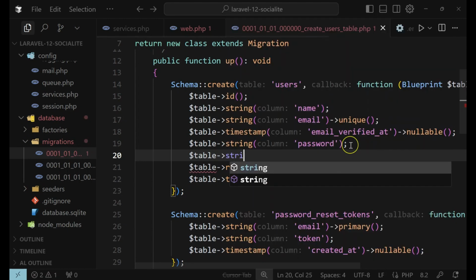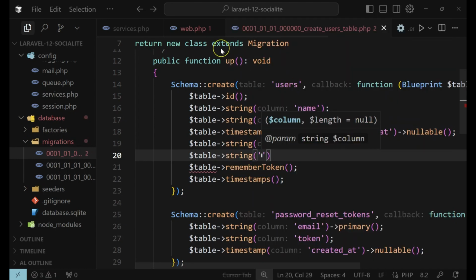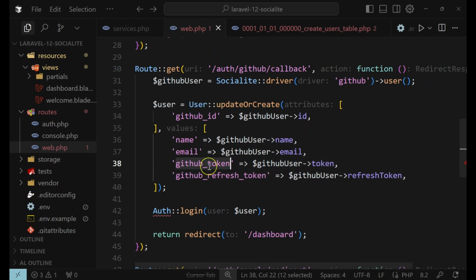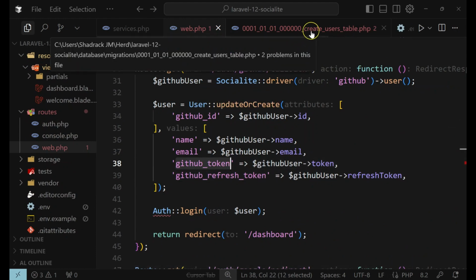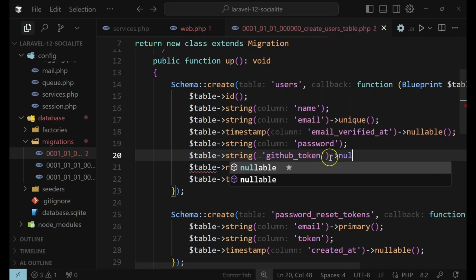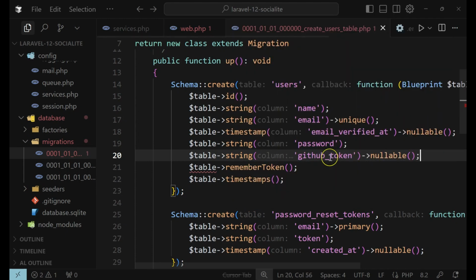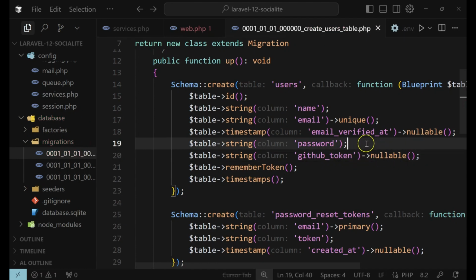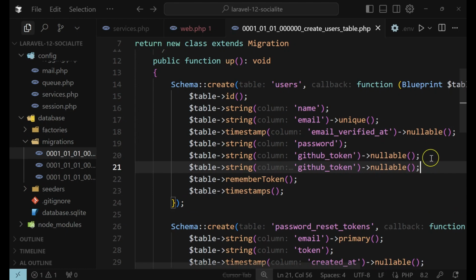and from here I'm going to add those fields. I'm going to add a string. The first one should be GitHub token, and it should be nullable because it is not supposed to be required, because the user can log in by filling the form details. So when they use that way, this will not be usable. So you need to give them a nullable function here to make them nullable by default. Okay,